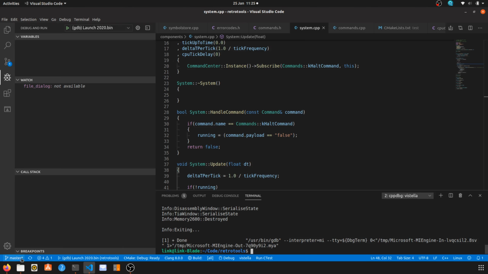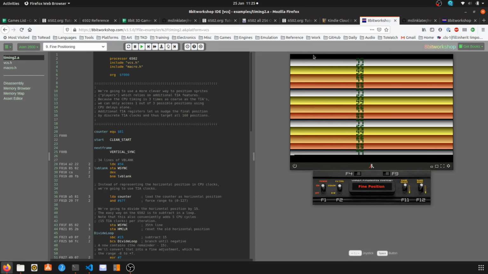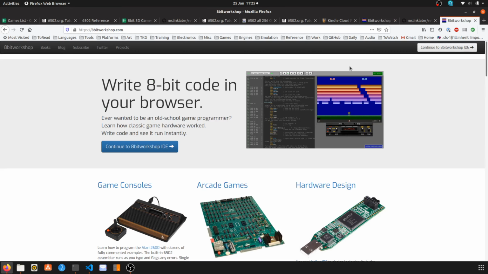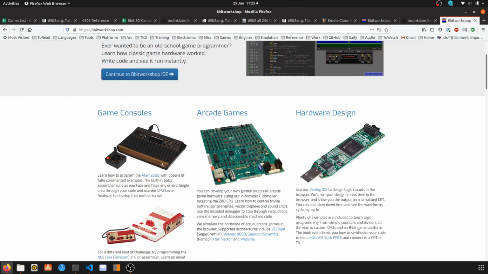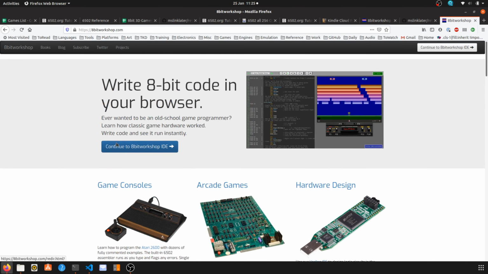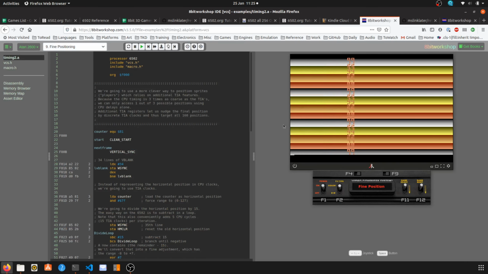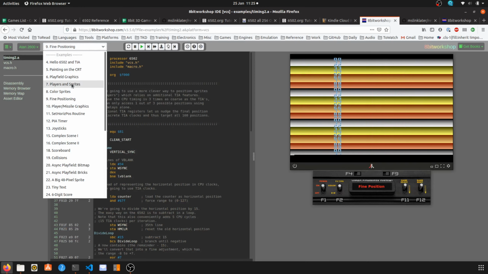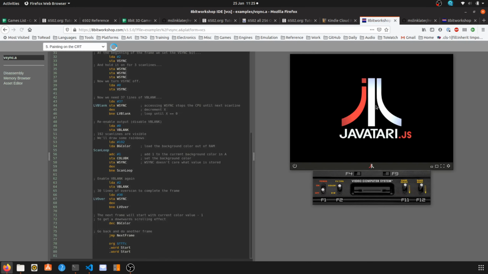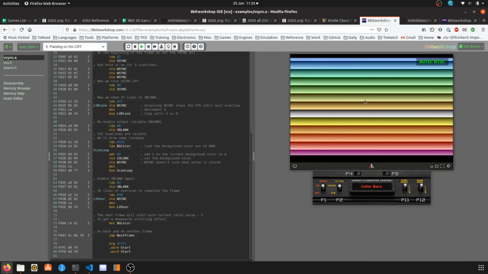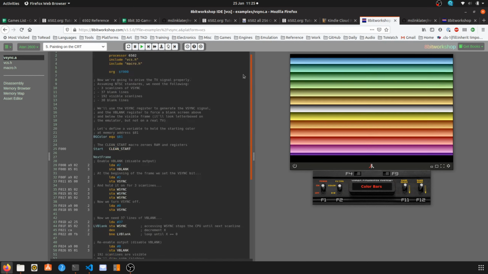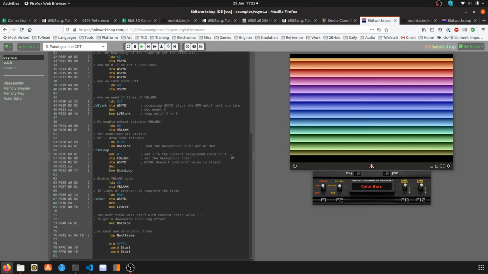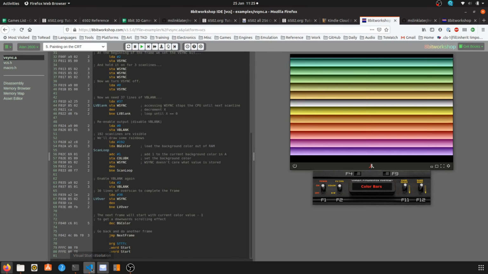So I started doing this using this website, which is amazing. This guy's written some really cool books which you should buy, and he's got an online kind of in browser Atari emulator with lots of little sample programs and all this kind of stuff. So you can basically, there you go. So that was the first thing I tried to emulate on my emulator. There's the 6502. So I compiled this, got a ROM out of it, and then I pumped that down to my